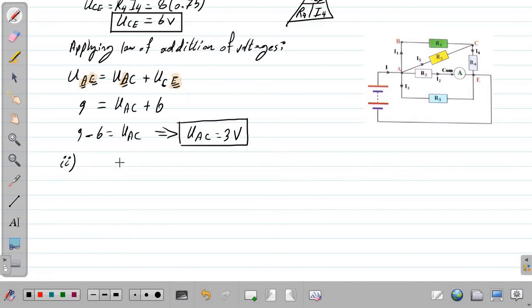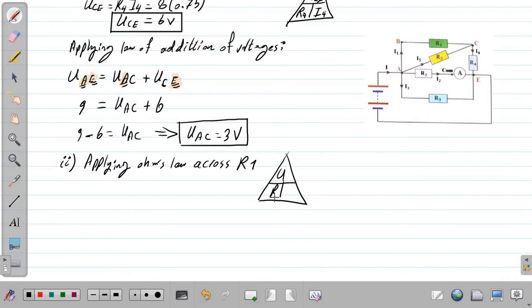So part I, double I, applying Ohm's law across R1, construct the triangle U, R, I, which is voltage AC, the resistor R1, and the current is I1. We need to find I1, hide I1. I1 is equal